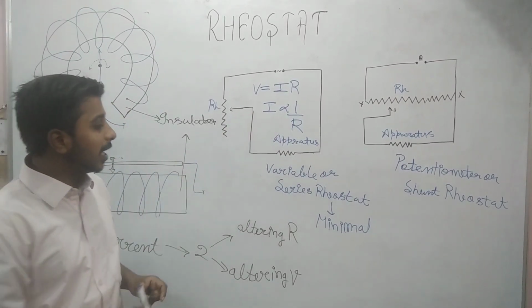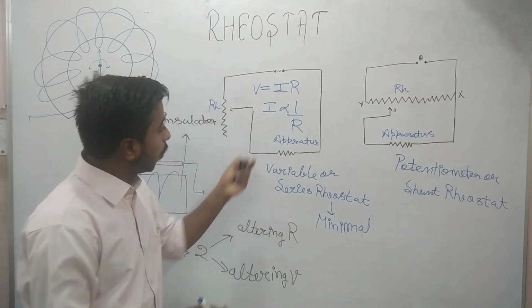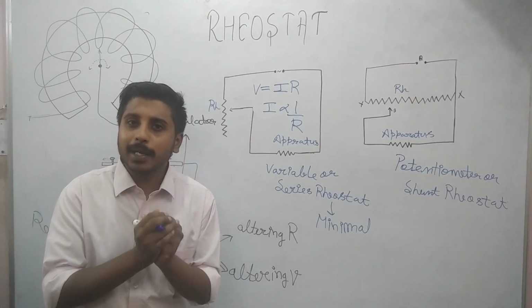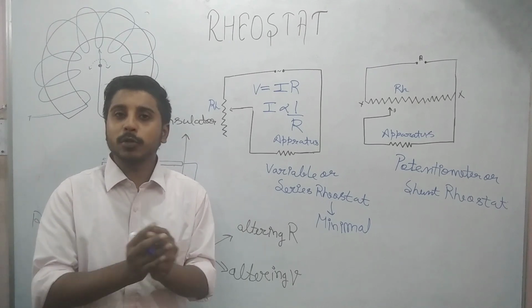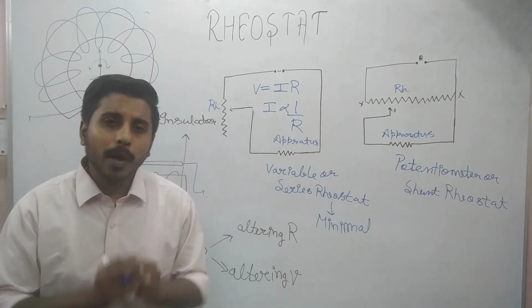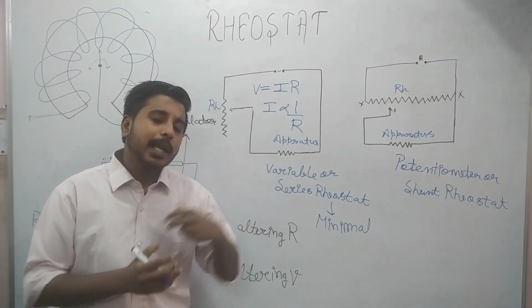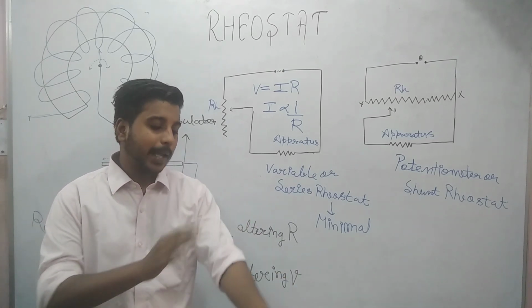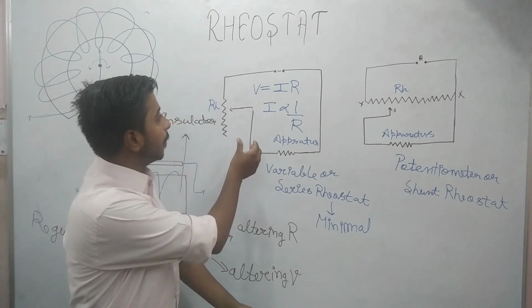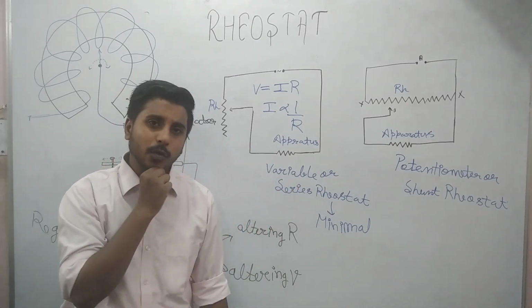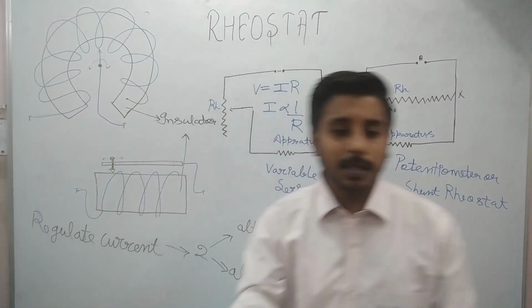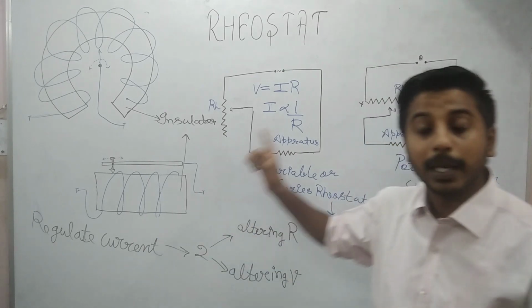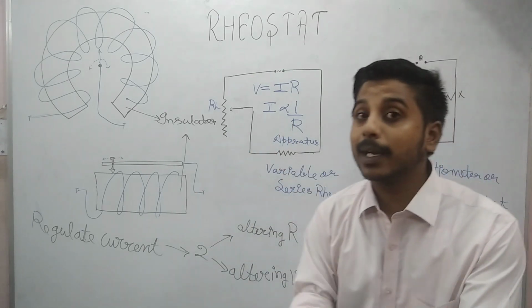So this type is used. As you can see here, the current never approaches the value of 0. So if we use this rheostat in a modality which is applied to the patient, where we are applying current to the patient by using a variable rheostat, then you will say that sir, the current is already flowing even though it is minimal, but current is never 0.